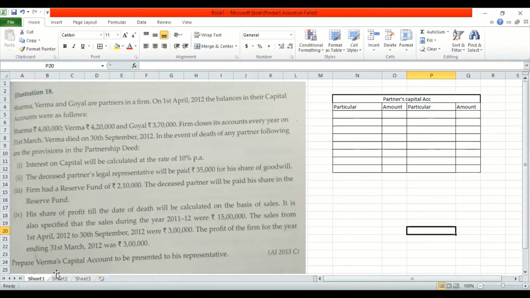So you should be really quick in getting these points, or else you might waste time doing the calculation. So be very quick in that part. Okay, what's the next thing? This partner will be paid 35,000 for his share of goodwill. We don't even need to calculate the goodwill figure now, because they have very clearly mentioned 35,000.